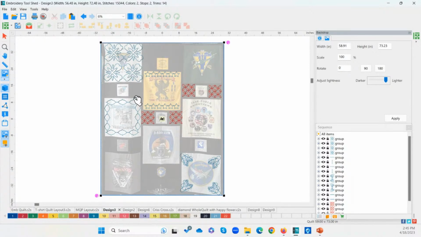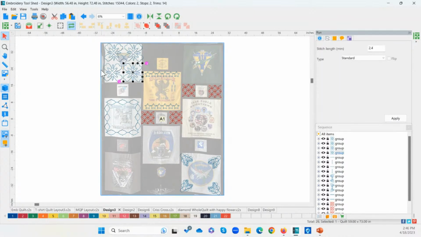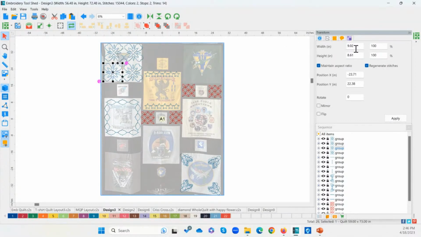Just keep in mind that the designs you pull on here need to fit in your hoop. If you don't have it set broken up by your hoop size because you want to kind of do this free design, just remember they do need to fit. So here I have, this is a 17-inch square, remember, and I've got 4 blocks here that I could use to do the quilting, and each one is just about an 8 by 9 design size.